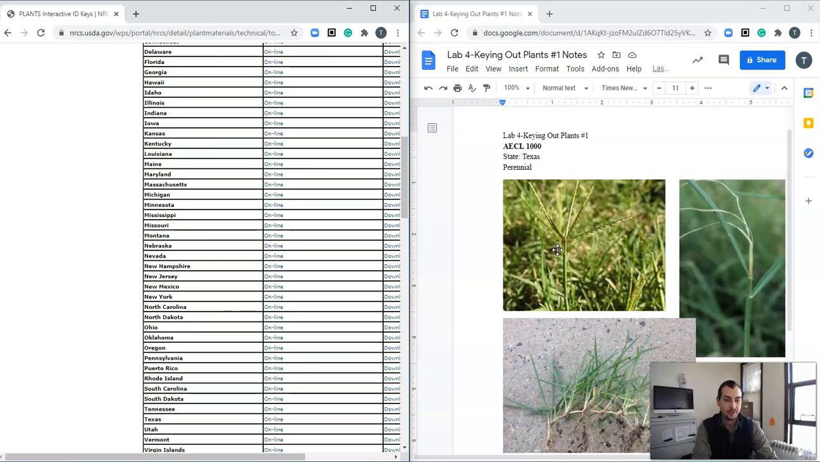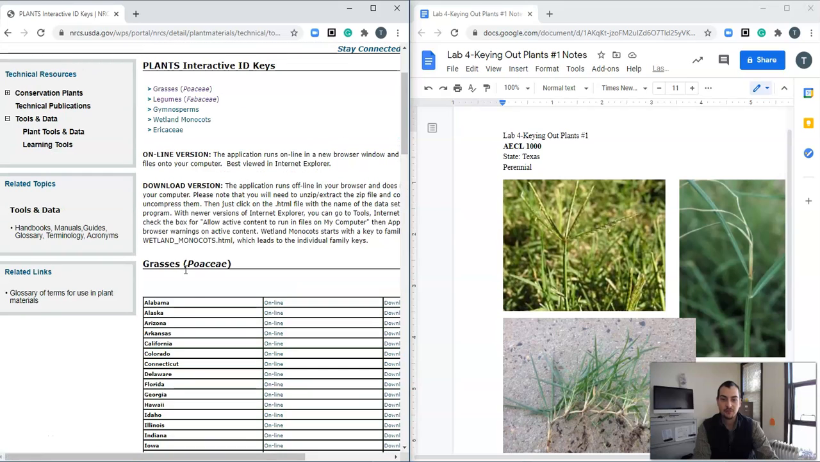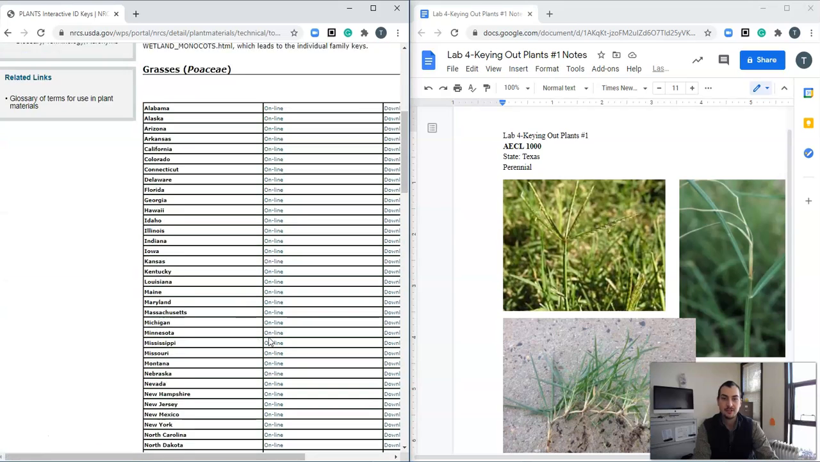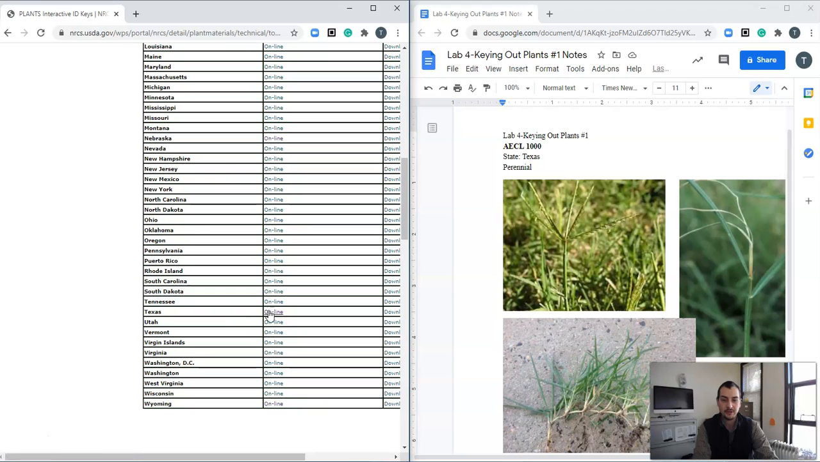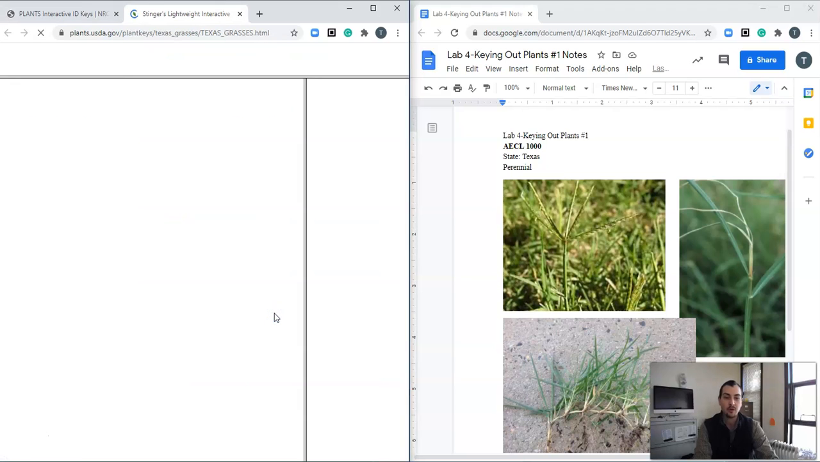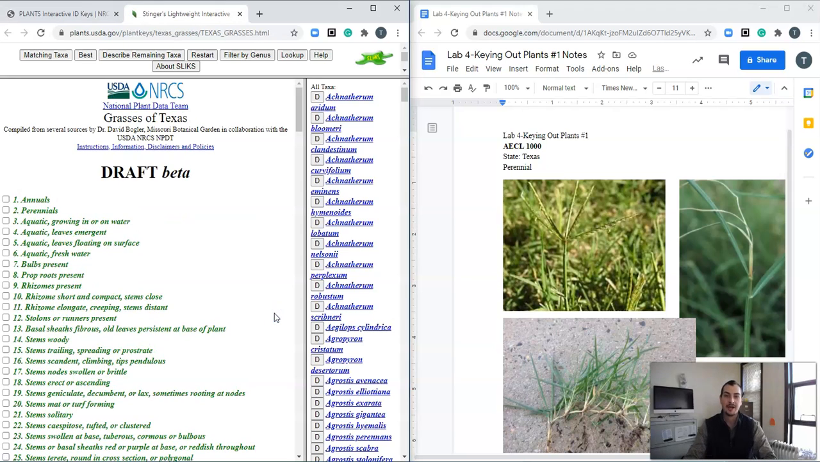So the example that we're going to use in this video is this plant right here. So we don't know what this plant is yet. We've got to identify it. But I give you a couple of key information. First off, it's located in Texas, and it's a perennial. So we're going to, first off, go into the grasses portion of this interactive ID key. We're going to scroll down here to Texas and click on this online. And we're going to go through this online interactive ID